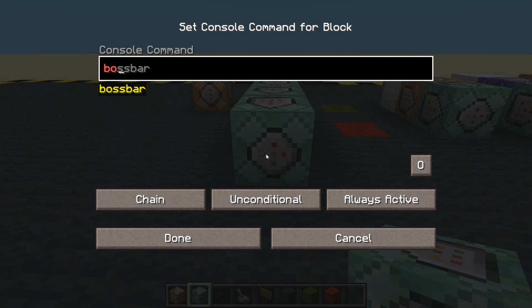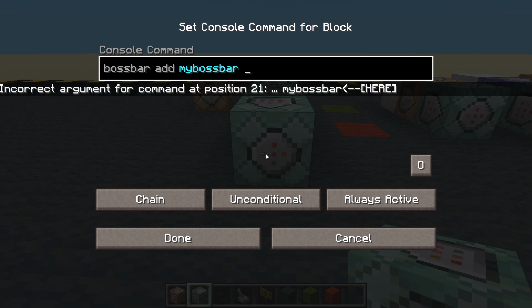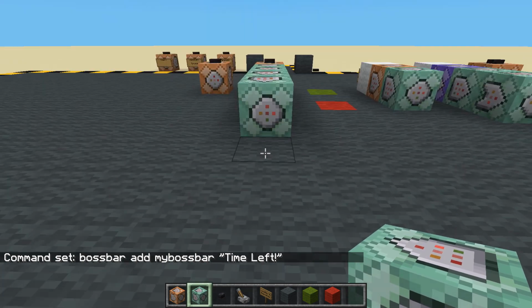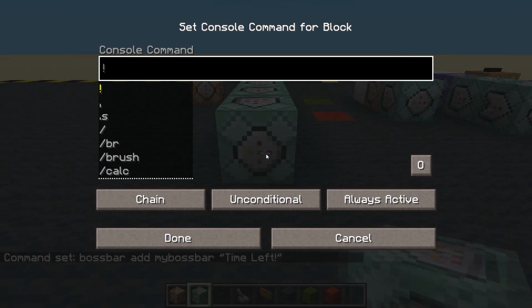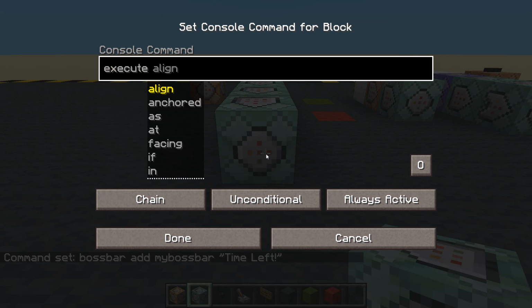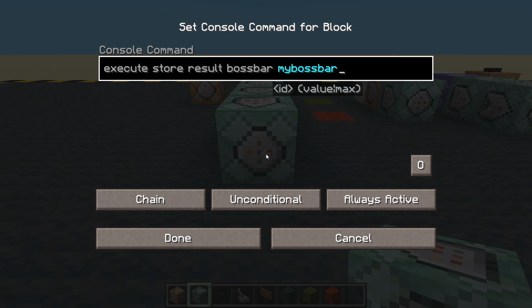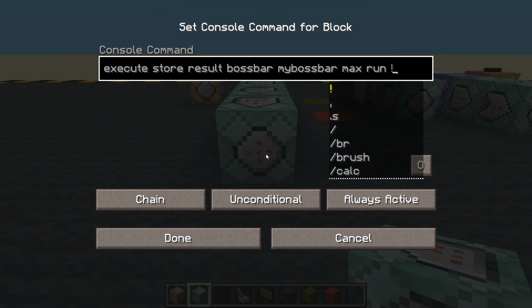We will bossbar add, I don't know, I'm just going to call it mybossbar. Bossbar add mybossbar, and let's give it a bit of visual text. Let's say time left, time remaining might sound better, but okay, we've added a boss bar, and then we want to set the boss bar up. So execute store result bossbar mybossbar, its maximum value is going to